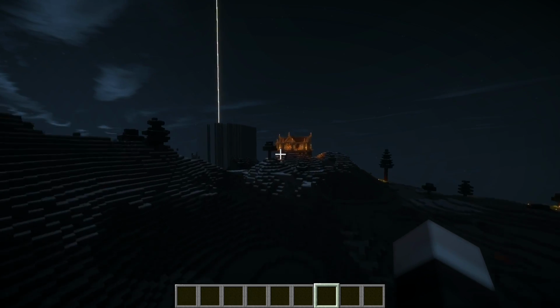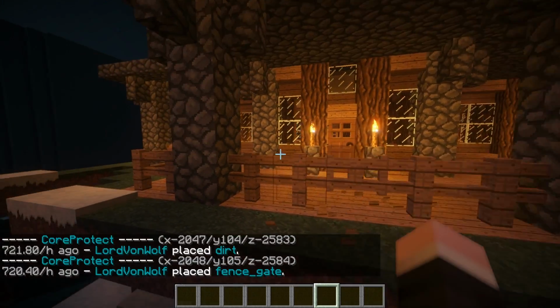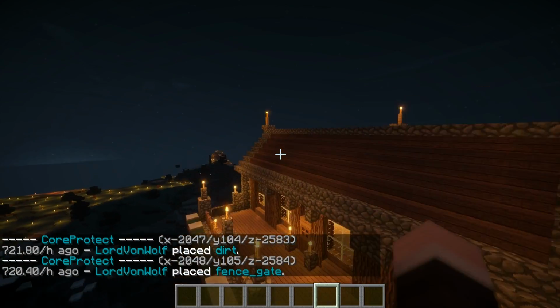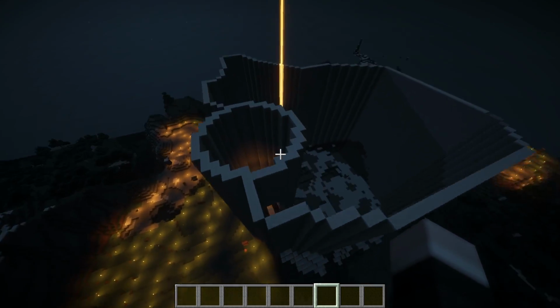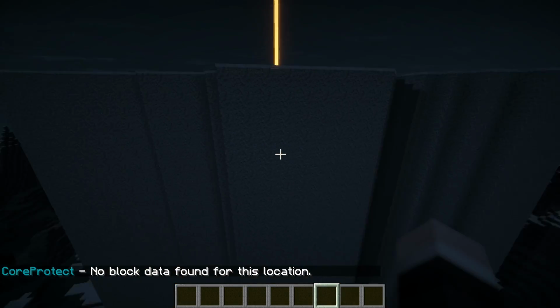I was going to try and stick to the town, but I've just looked up here and there's a nice little cottage. Who made this? Lord Von Wolf, who is also on the server. I think he's a candidate for moderator. I'm not sure, but he's also a power player. Oh God, wow! I'm impressed. There's so many things on this server. I should really stick to the town. But